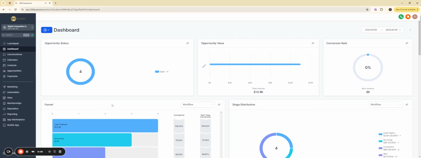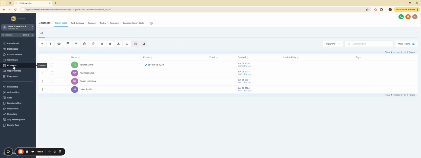So now we're going to go over the contact section and just do a brief overview of what that looks like and do some navigating around into that section. So from the dashboard, we are going to go to the left-hand side of the screen where the menu is, and we're going to find contacts. We're going to click on contacts, and then this will bring you to the list of contacts that you have